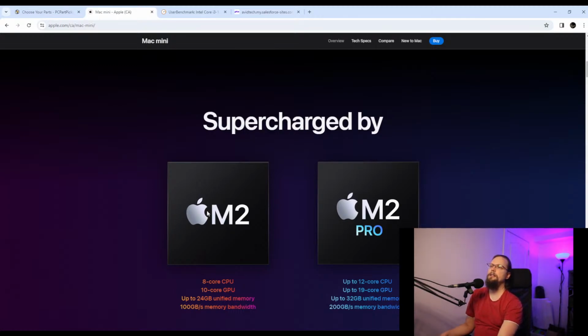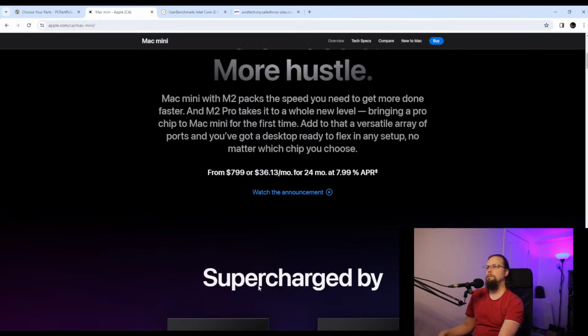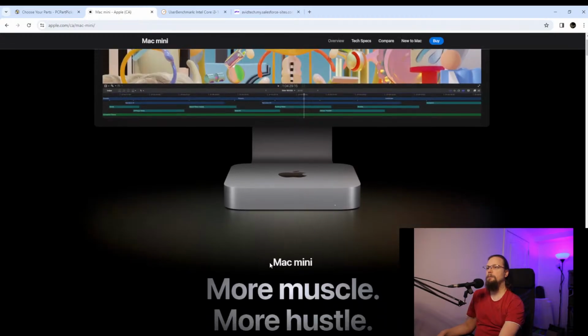But the reason it's very expensive to do RAM upgrades is because using the ARM chips, they're what they call a system on chip, or SoC. So the RAM is actually soldered in, which has a big advantage of they can create very, very direct paths between the CPU and the RAM. But it does mean you can't upgrade it later. But yeah, if you're thinking about going Mac,